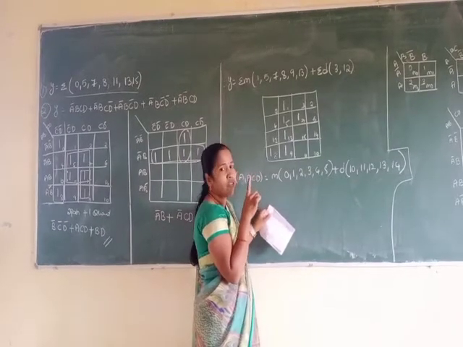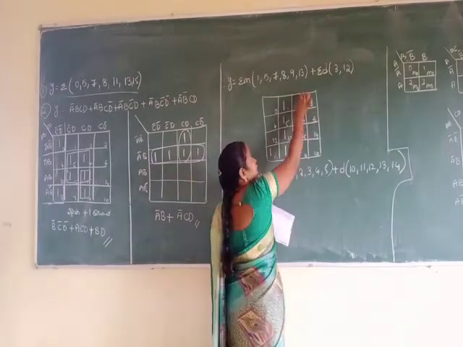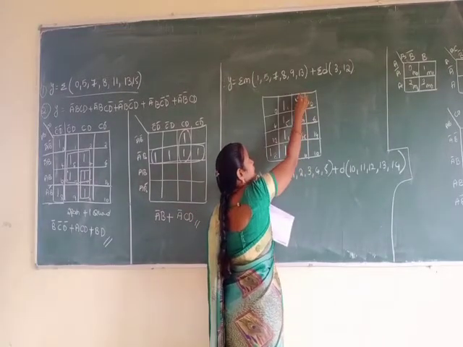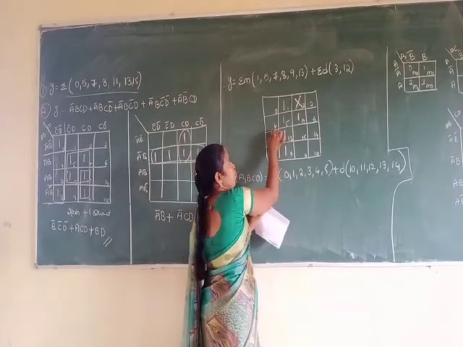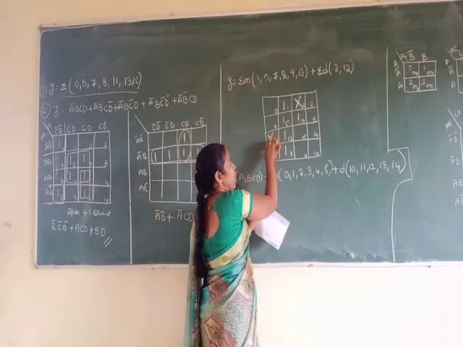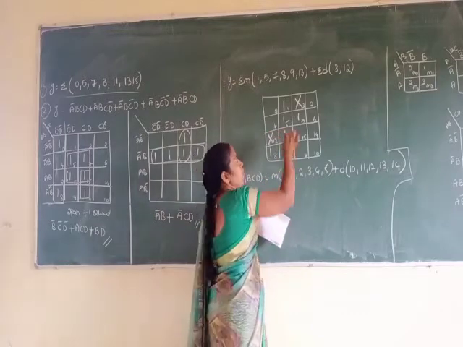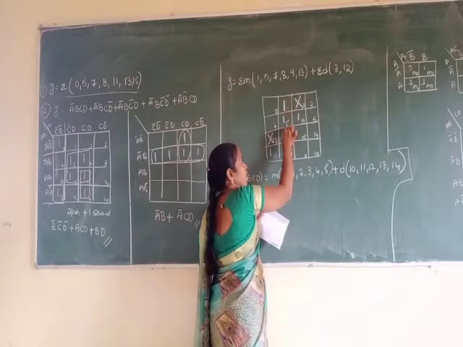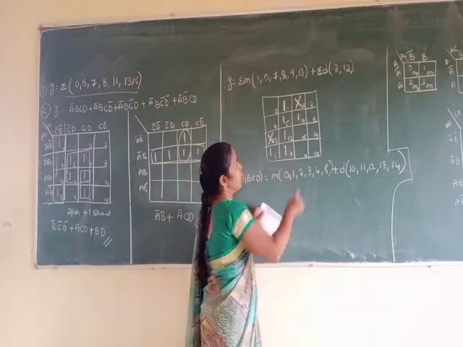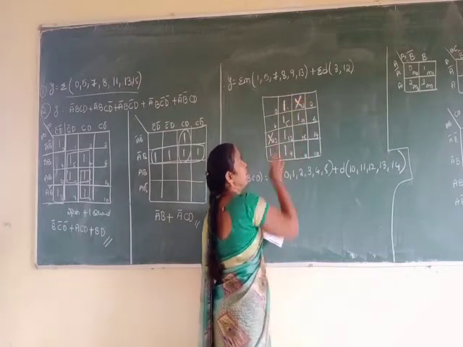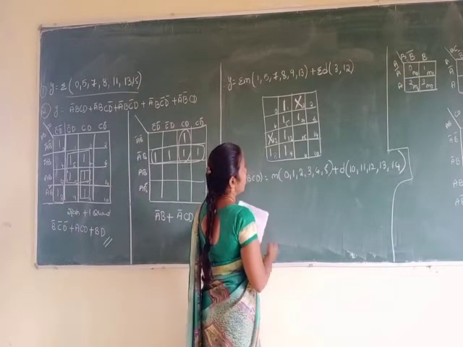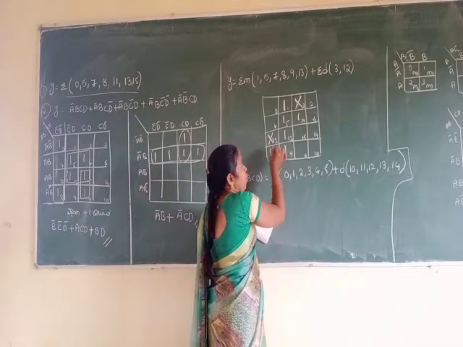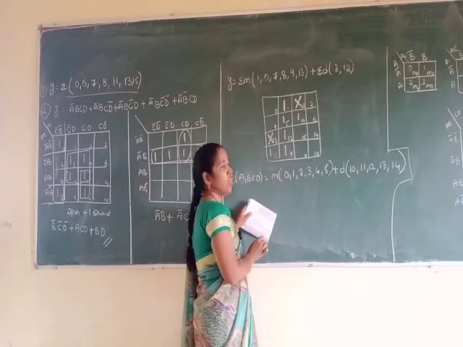So in place of 3, the min term value is 3, so here I can place X. And the next one is 12, so here I am going to place X. If you observe here, you have 1, 1, 1, 1, and here you have X. So you can treat this as a don't care condition. When you include this X, you will get a quad.